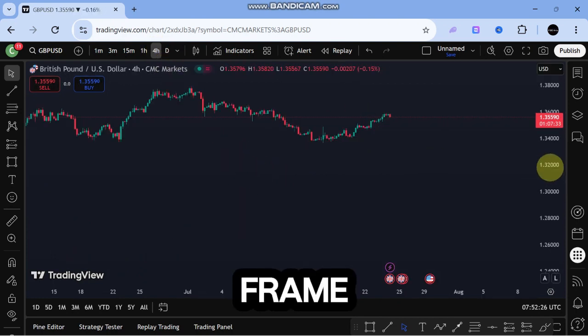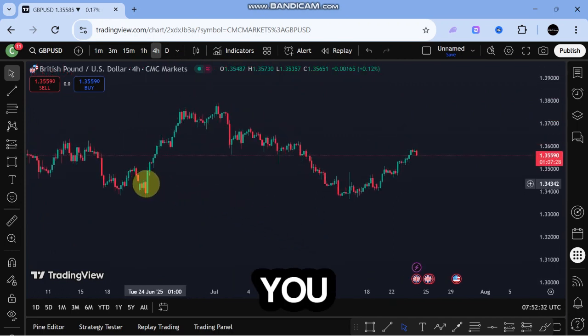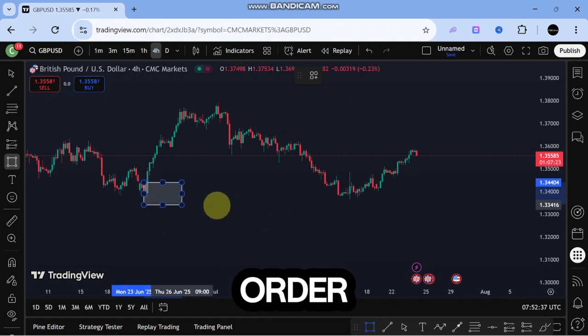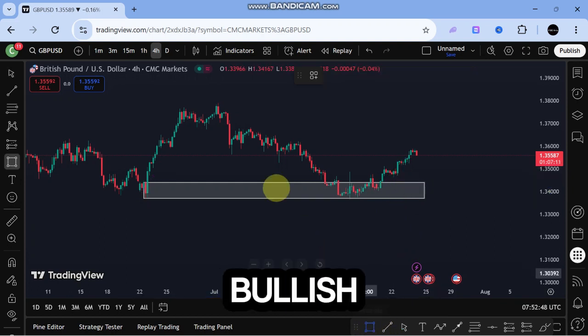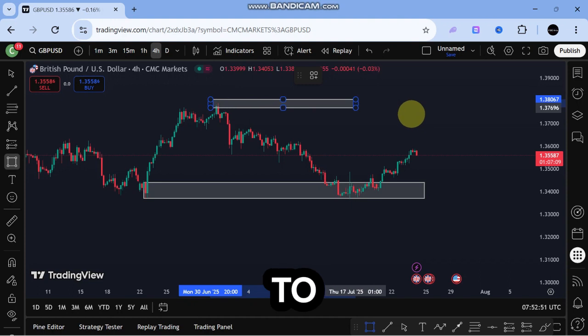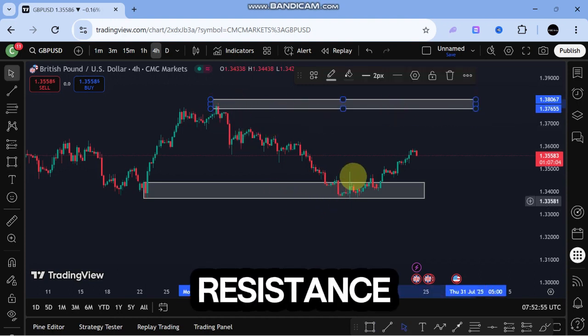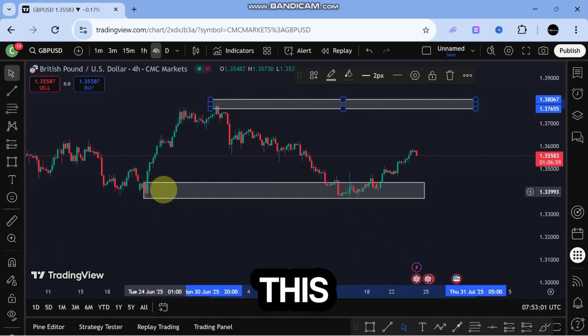4 hours time frame. In the 4 hours time frame, what you're looking for is also key levels. So as you can see right here, this is an order block on the 4 hours time frame. I can see price has come down to test it and it's going to go up. You get, markets will be buying in a bullish trend and probably it's going to get to this particular place. This might be the top, which was the previous resistance. So people who get into this particular trade probably make money from it because they'll see this was actually a very